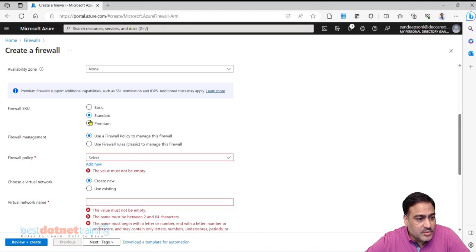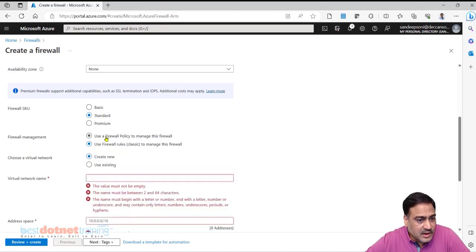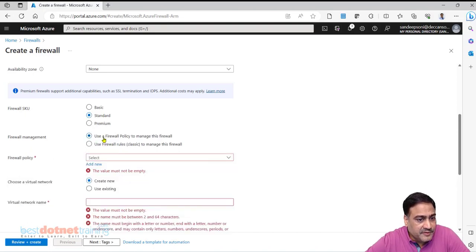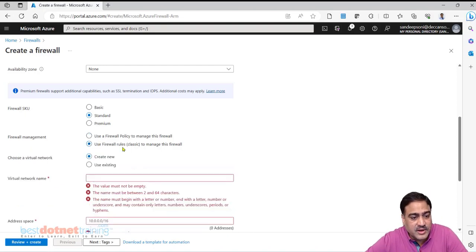So I'm going with standard, and I would like to have a firewall policy to manage this firewall. What is this firewall policy? It is in this policy that we provide all the rules. Earlier, in the classic model, the policy, that is the rules, and the firewall were together, so we did not get reusability.